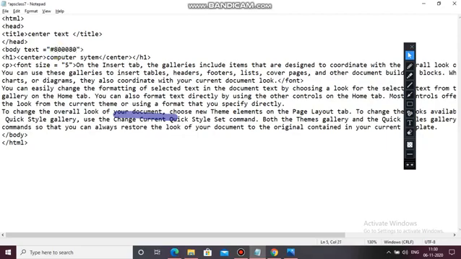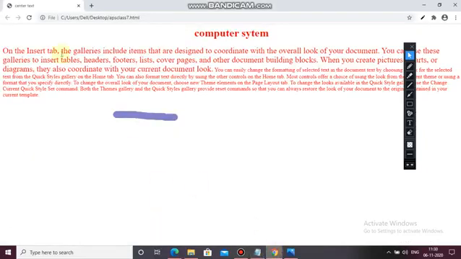Let's see what happens. See, the color changed, means in both the conditions, when you are writing the name of the color, and when you are writing the color code, it changed the text color, means the font color.